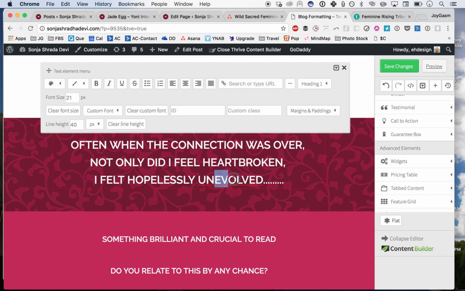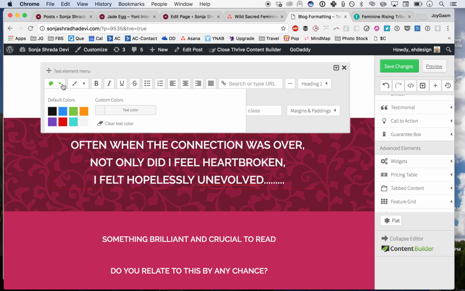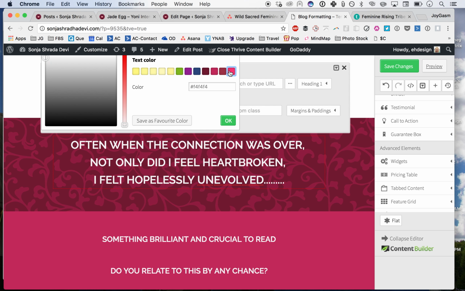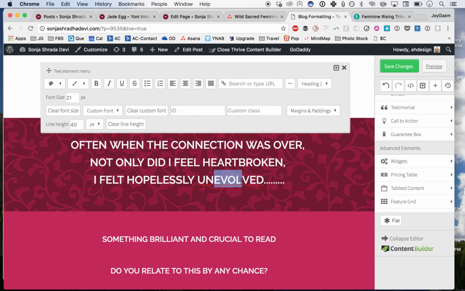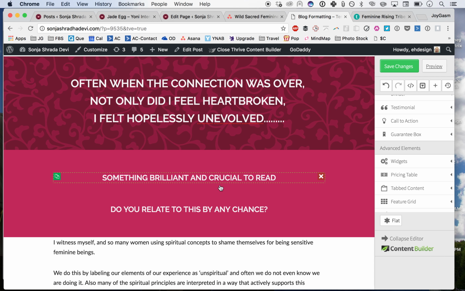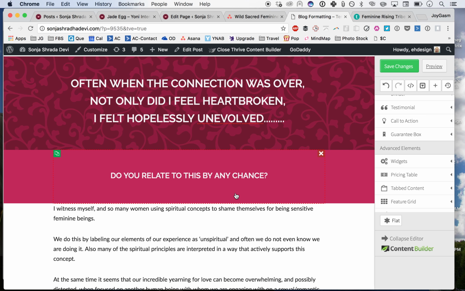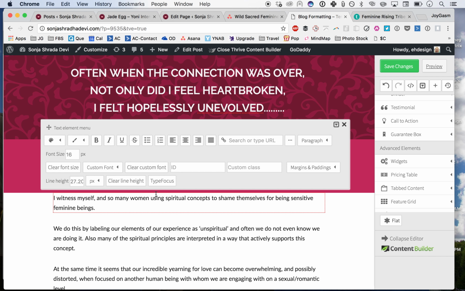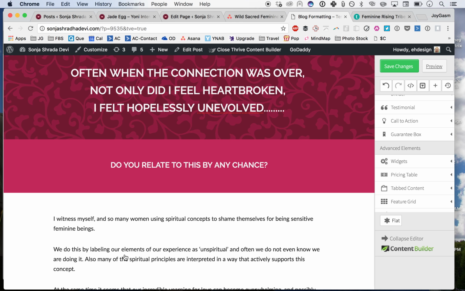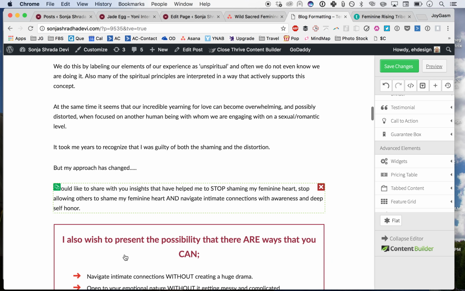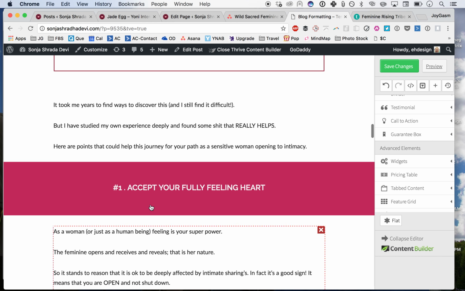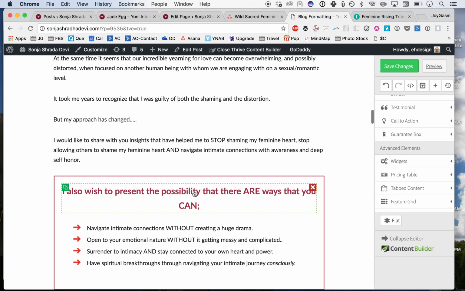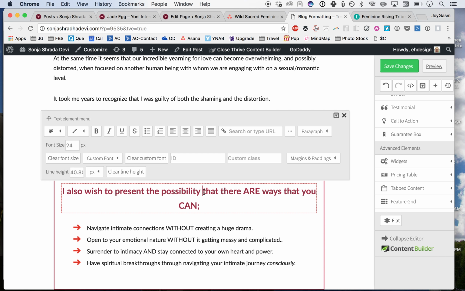I'm going to do something fun. We can change it to any color. That didn't work. Okay, we'll just leave it, but you could. Just a little bit of space. Right, so we've got this. This is perfect. You can see the formatting on this is a little bit